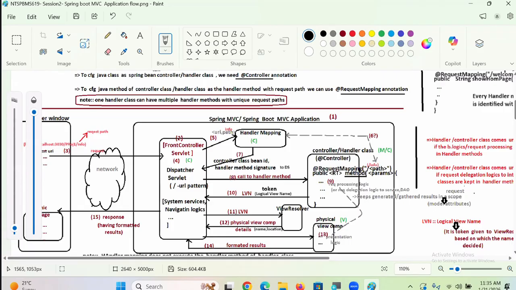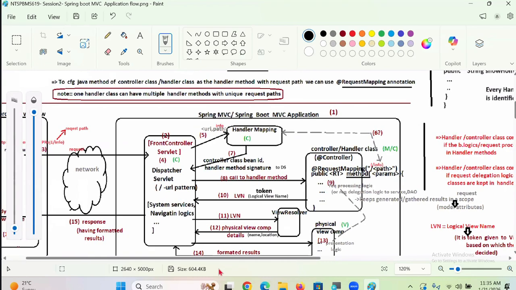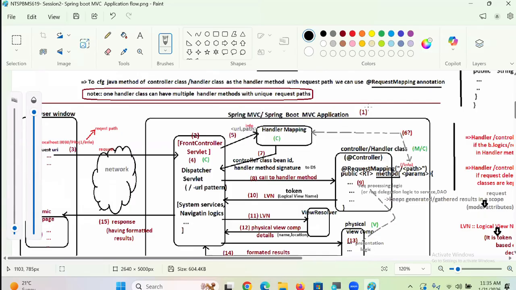This is number one. The programmer deploys the Spring Boot MVC application in the web server. Number two. Because load on startup is enabled on the dispatcher servlet,